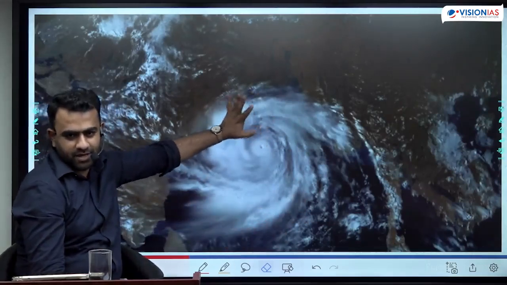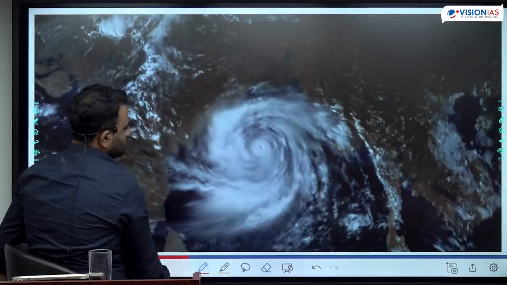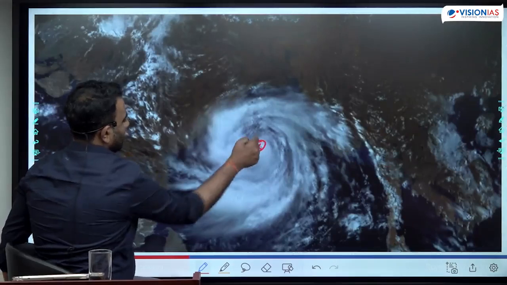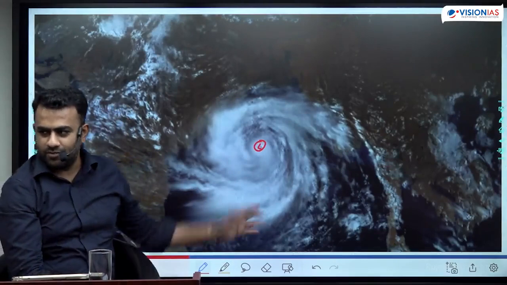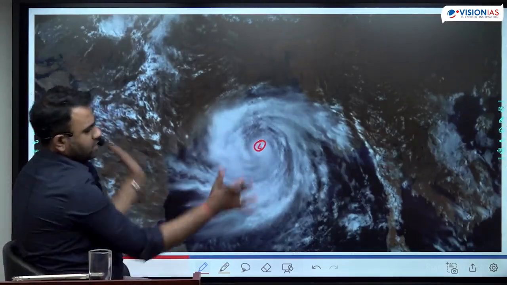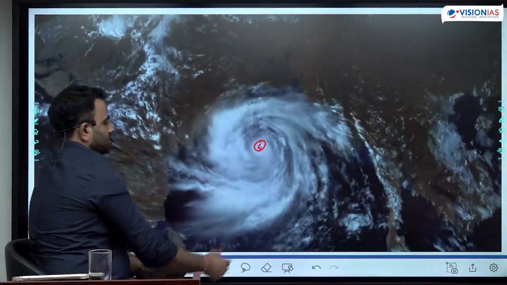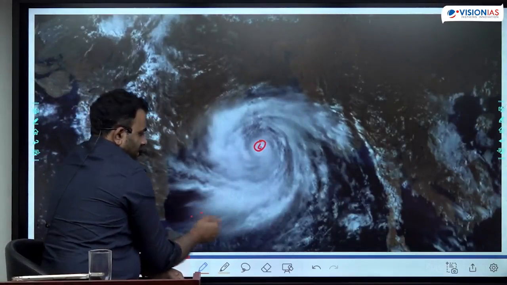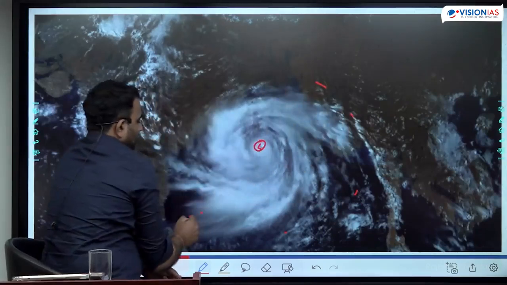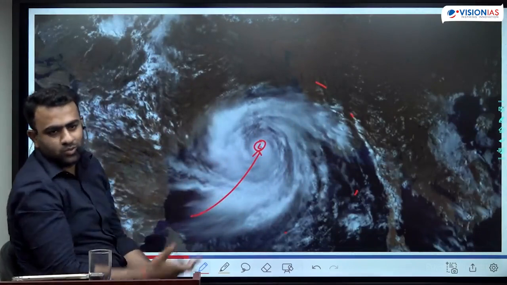So I'm describing the characteristics. Huge system. It is a cyclone because it is all driven by low pressure at the center. As long as there is a low pressure, only then this system survives. It is made up of huge clouds, not just any kind of clouds. Clouds with a spinning system. The air in the surrounding is trying to move at a very fast rate towards the center because the pressure is so low over there.